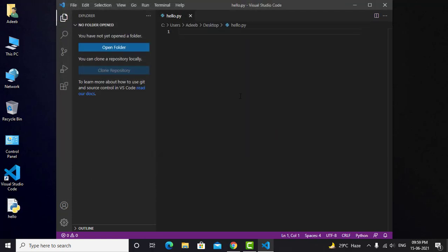As soon as you save it as a PY file, like a Python file, it will show the recommended extension for this. The extensions are really necessary for you to execute the file or run it in the terminal, right? So you have to install it. It's a recommendation from this. That's all you need to do.